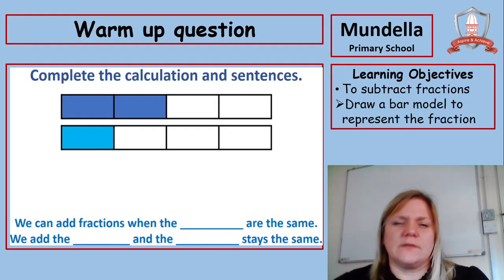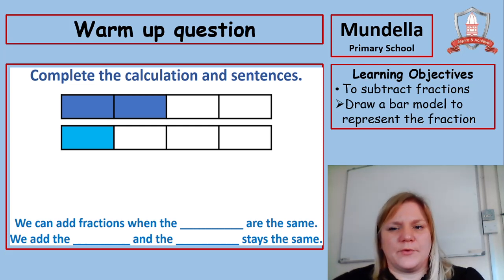So just to get our brains warmed up and thinking about fractions, have a quick recap on what we were doing yesterday. So we've got a bar model here, and what calculation do you think it is showing? It is an addition calculation. So what calculation do you think it is showing? Well done. If you have said 2 quarters add 1 quarter